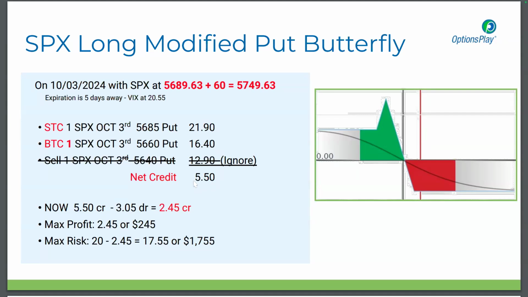I'm totally doing this based off of this net credit. If I can get an alert when this hits 550, then I want to get that alert and go in and make my adjustment. I'm not looking at delta. I'm not looking at anything. I want to get somewhere around $5, right? Because if I paid $3 for this trade to start with, what's an acceptable net credit for the risk that I'm receiving?